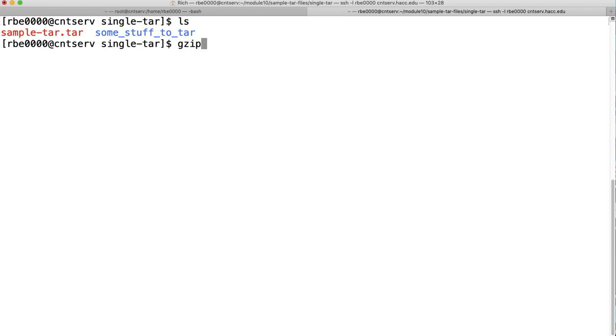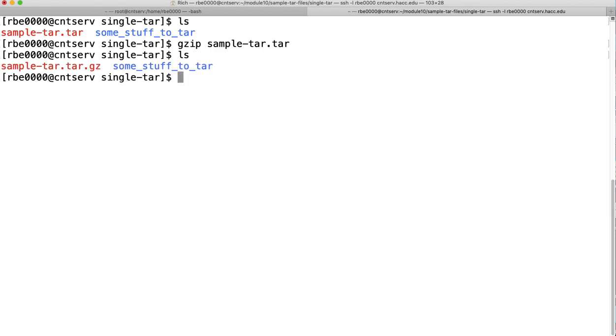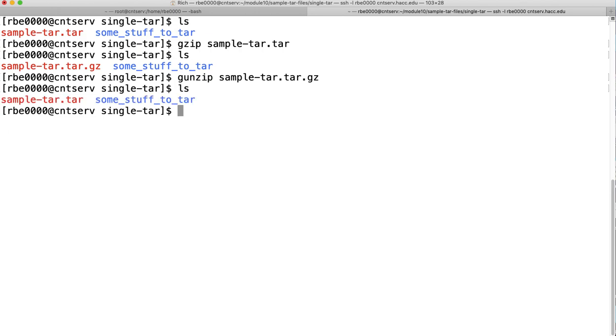So I'm going to use Gzip, give it the name of the file you want to compress, and now it will become a .gz file, sampletar.tar.gz. If you want to uncompress those files, gunzip sampletar.tar.gz, and now we're back to having our sample tar file. That is a two-step process of creating the tar file and then zipping it, or unzipping the tar file and